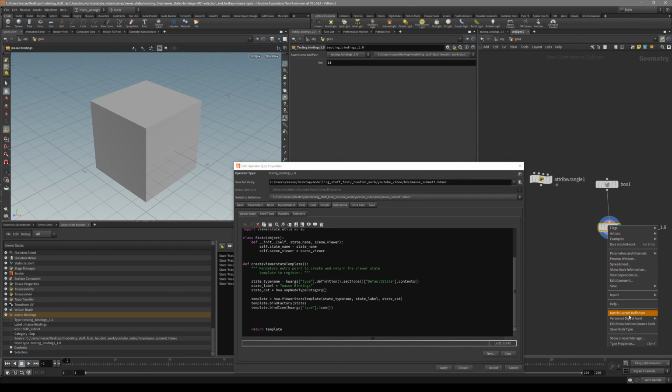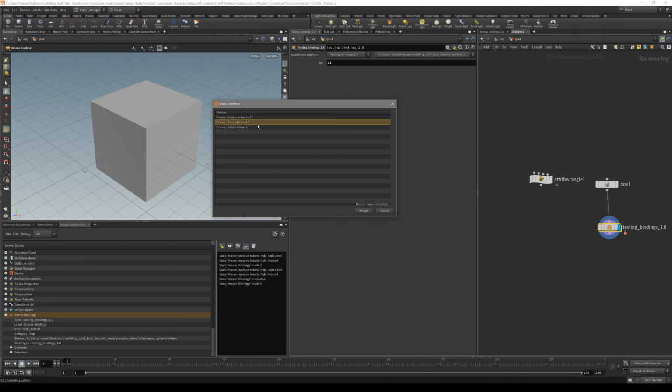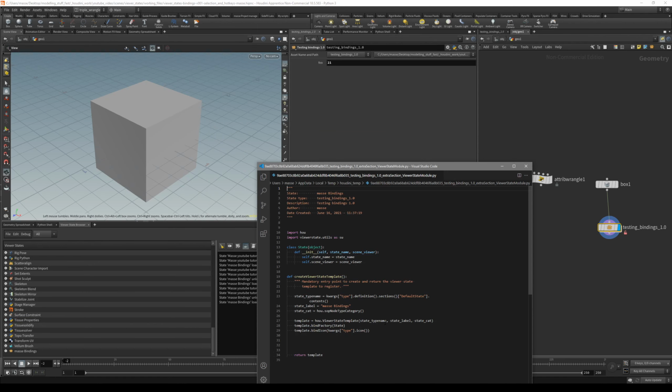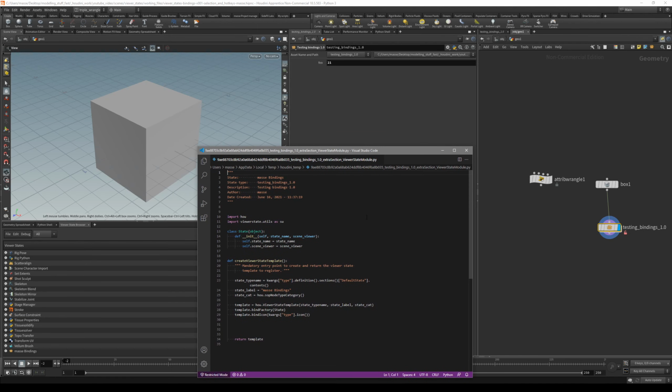So I'm going to open up the code inside my external editor, so that we can start looking at it. All of this is just automatically generated text. We don't really need it even. You can see it's basically triple quotes. So this is just a string for us to know what we just created. But this state type name is just